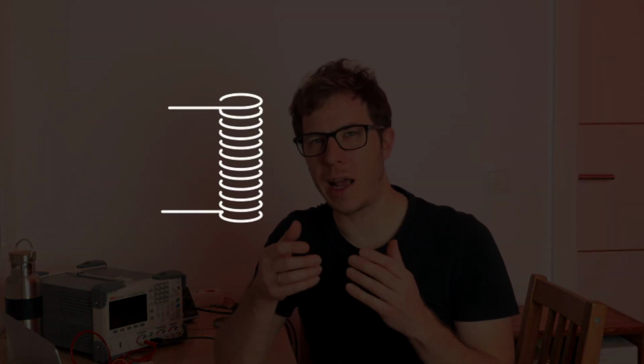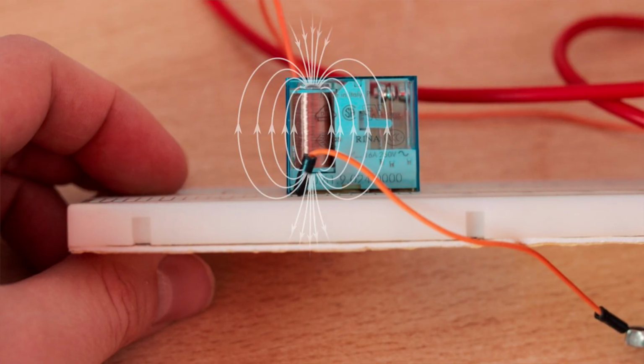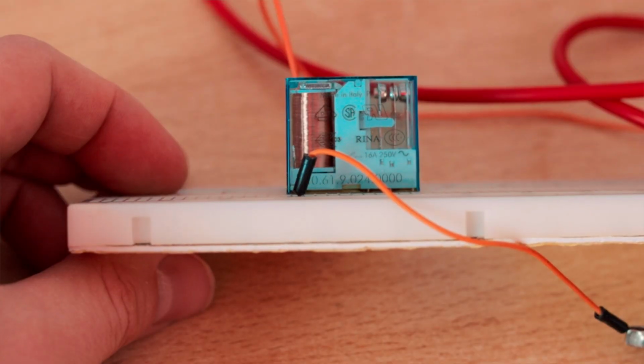Let's start with the basics. The most important parts of a relay are the coil and the contacts. When a voltage is applied to the coil, current flows through it, creating a magnetic field. If the current is strong enough, the armature is attracted to the coil. This causes it to pivot and switch the contacts. When the current through the coil stops, the magnetic field collapses and the spring pushes the contacts back to their